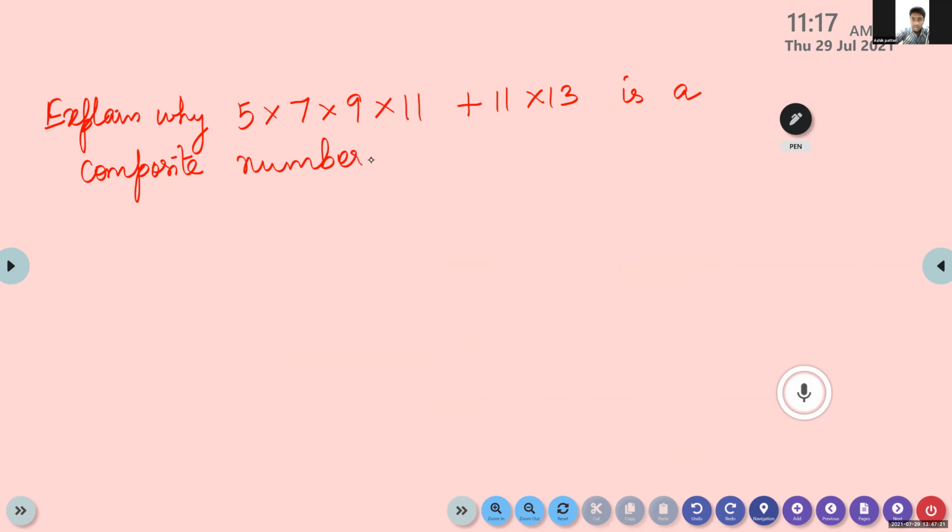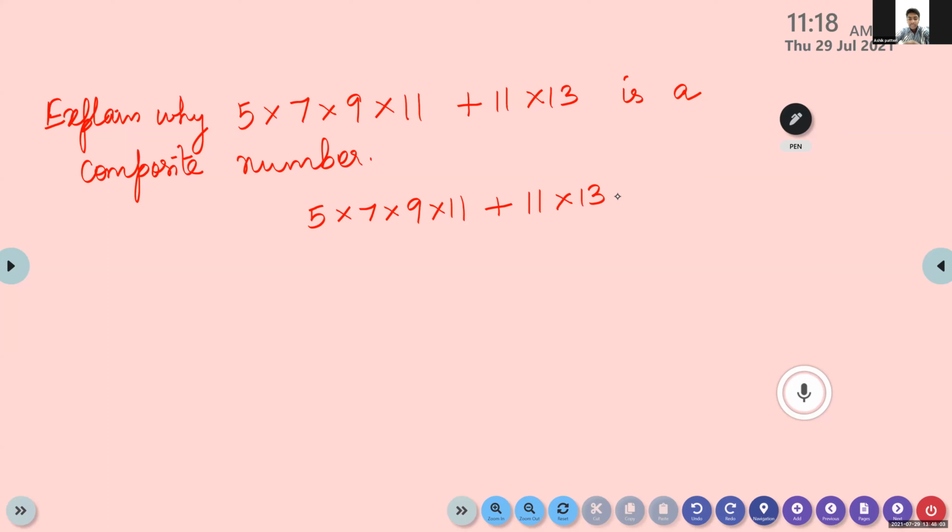Odd number. All odd numbers are prime numbers? Whether all the odd numbers are prime numbers? No, not like that, ma'am. If you take 9, is it prime? 9 is not a prime number, isn't it? We can't say all the odd numbers are prime. Except 2, all the other prime numbers are odd. 2 is the only even prime number.